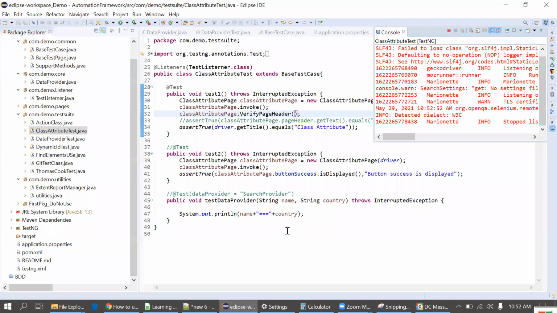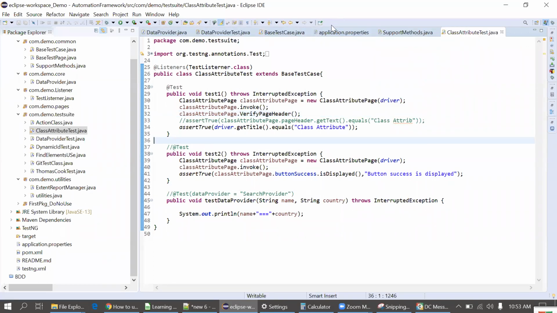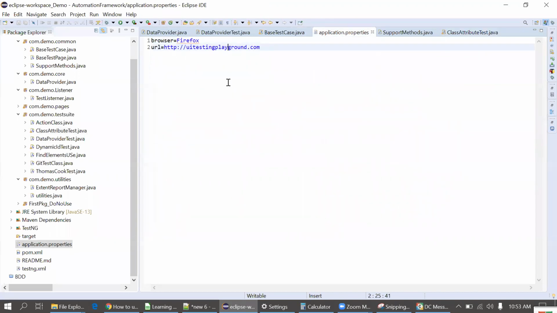So Yogesh, if we want to change the browser, then each time we have to go and change it in that application property? Not each time. Suppose your requirement is to execute the test case on the Chrome browser first. You can simply keep it as Chrome here. In further cases, if you want to execute the same test case on another browser, you have to change it here.